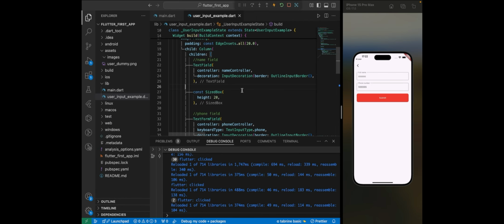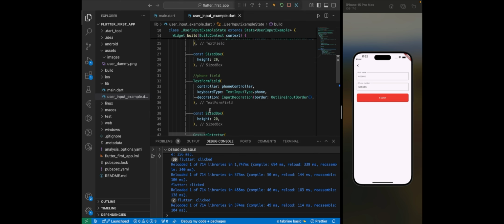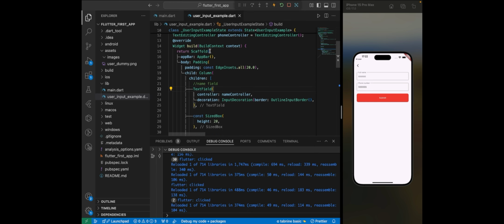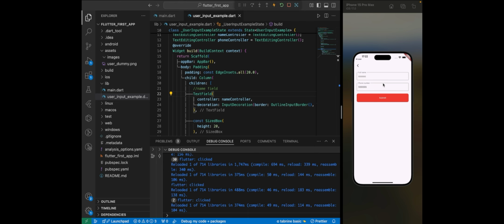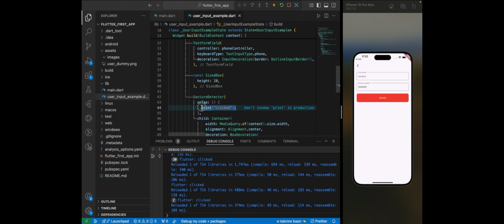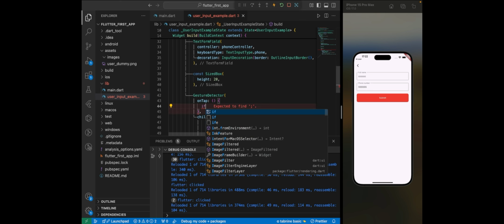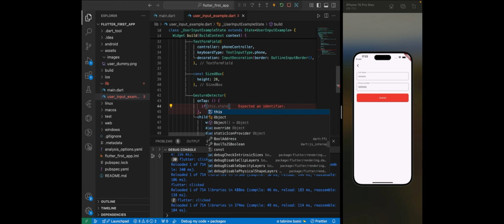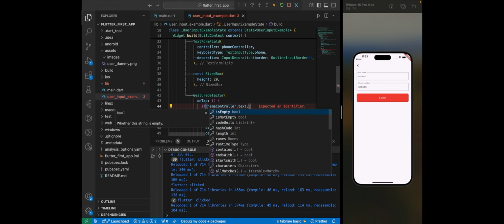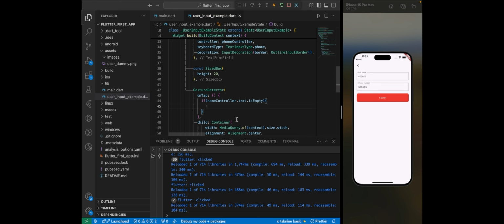Since we have our test form feed and the button inside this column, in order to add a proper validation, there are so many ways you can validate. You can validate using, say, our if statement. I talked about the if statement in that lesson. You can see all those things are coming into Flutter, so make sure you go back and study it in case you don't understand it. So we have our name controller.text.isEmpty, right? We are checking if the controller.text is empty. If it's empty, what we can do is to print